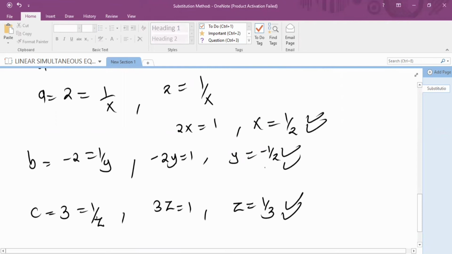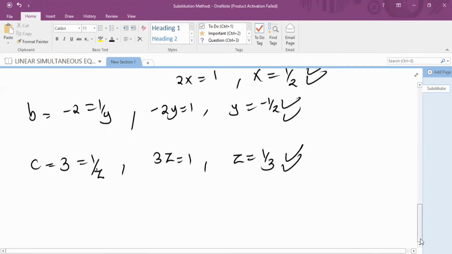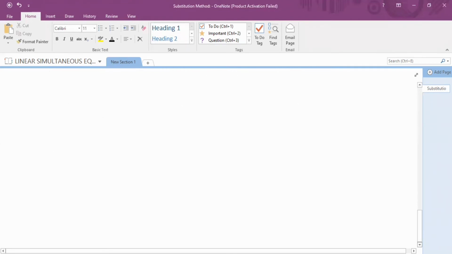In a similar manner, we can solve this same equation by the method of elimination. So in order for us to use elimination, this is what we are going to do. So using elimination,